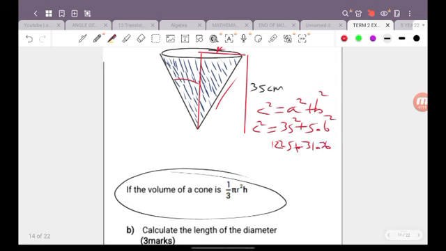We're going to add those together here. So that's going to be 1256.36. So then c is going to be equal to the square root of